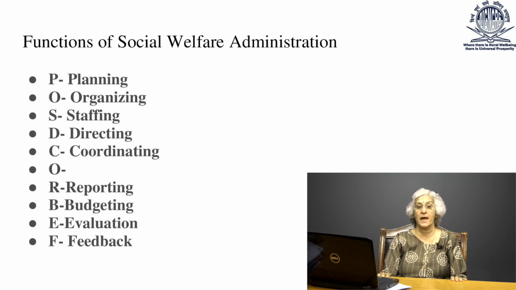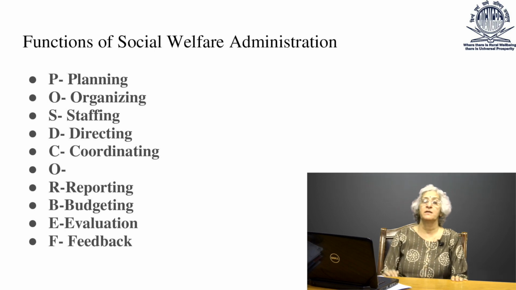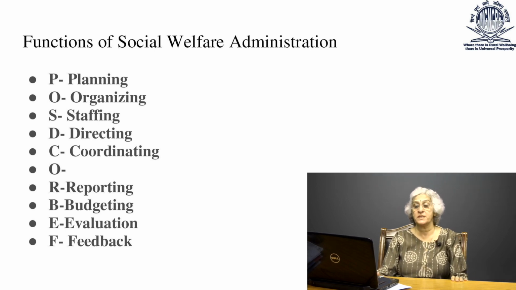P stands for planning, O stands for organizing, S stands for staffing, D stands for directing, C stands for coordinating, R stands for reporting, B stands for budgeting, E stands for evaluation, and finally F stands for feedback. So if these are 10 big functions of social welfare administration which we will be discussing, how will you understand